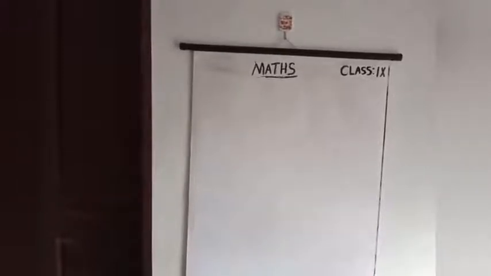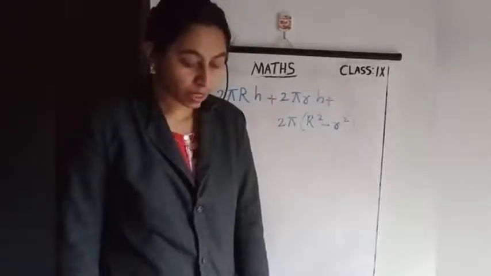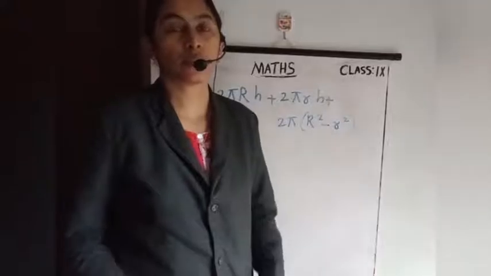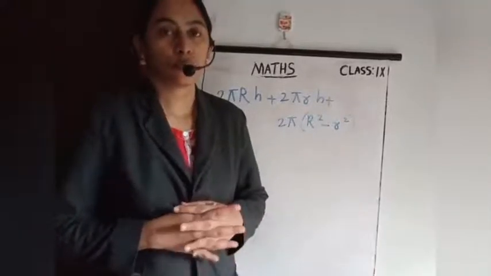Then inner curved surface area means 2 pi rh. You substitute value of pi, r and h. Here r is 2, inner radius is 2, and height is same for both, 77. And for outer curved surface area, radius is 2.2. All other measurements are same. Then substitute, we get outer surface area. Inner curved surface area and outer surface area you need to find yourself.